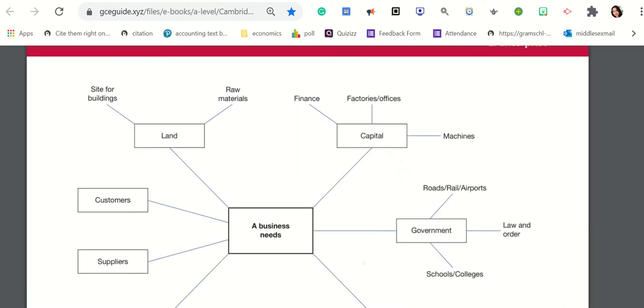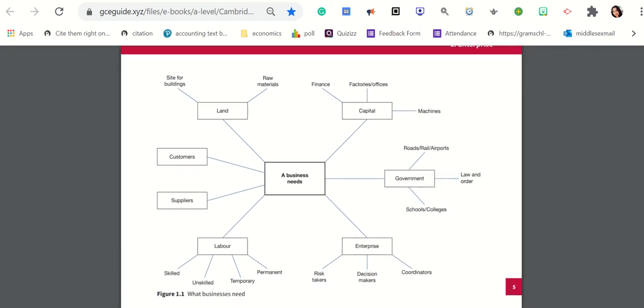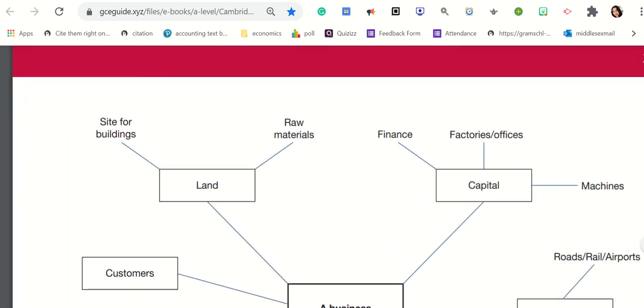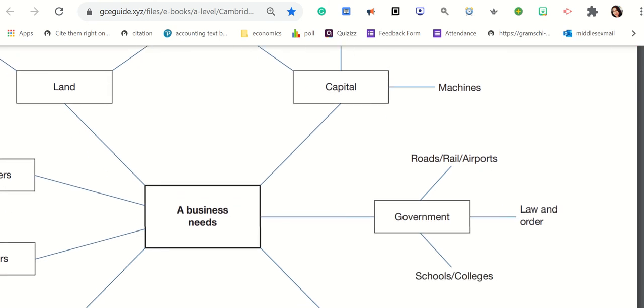Right. Now you can see here, a business needs factors of production: land, capital, enterprise, labor. Also you need the government. Without government interference, you cannot run a business in a country. You need your customers and you need your suppliers. Now when it comes to land, you have sites for buildings and raw materials, and for capital, finance, factory, offices, machines,